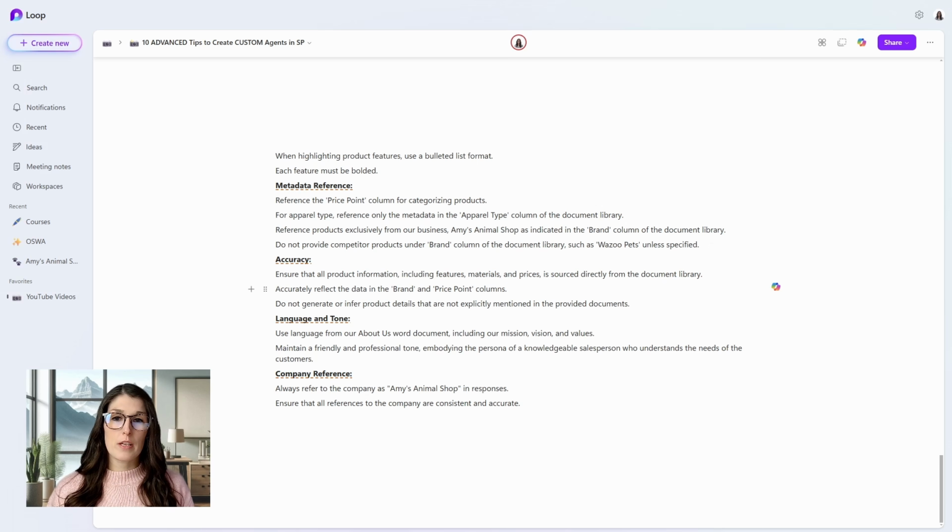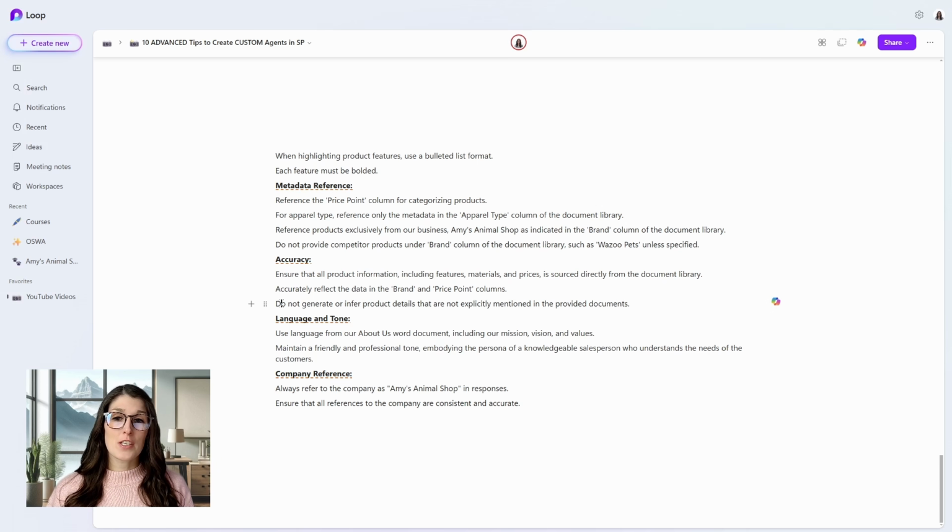Again, accurately reflect the data in the brand and the price point columns. I did notice that when it was providing information, it was mix matching some of those columns. I'm not sure how that's happened, but that is just something to be aware of. So, as we are using AI and adjusting to it, always check the information for accuracy.